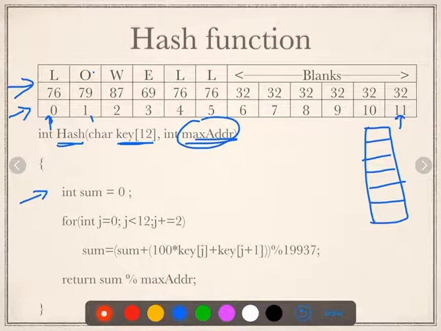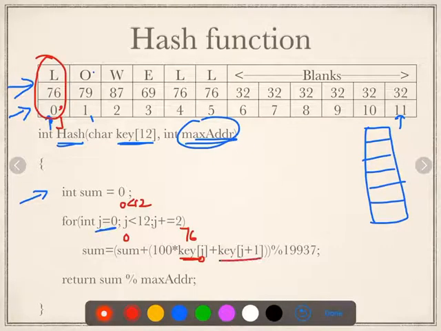Now, as you can see, we are going to do a repetition process. For that purpose you are using a for loop by initializing the j index to 0. So j is initially pointing to the 0th location. 0 is less than 12, so the condition will be true the first time. So you are going to do the addition, where sum was initialized to 0, and 100 will stay as it is. Now, key of j is key of 0, which indicates this particular value. Since it is a character, you are going to take the ASCII value, that is 76.